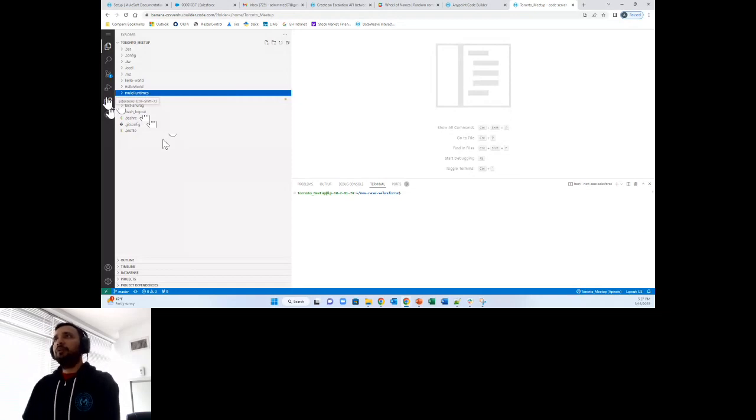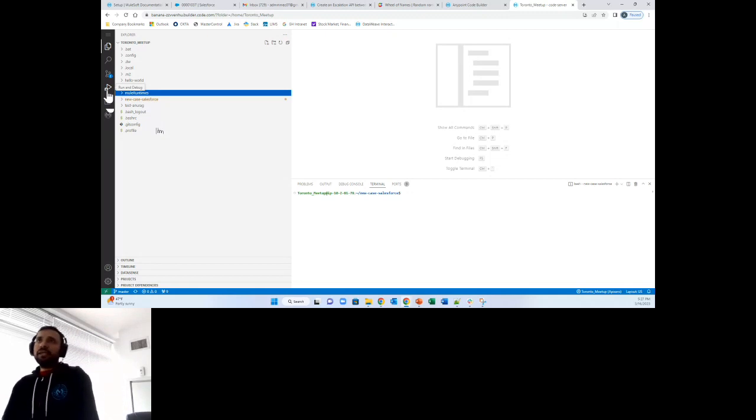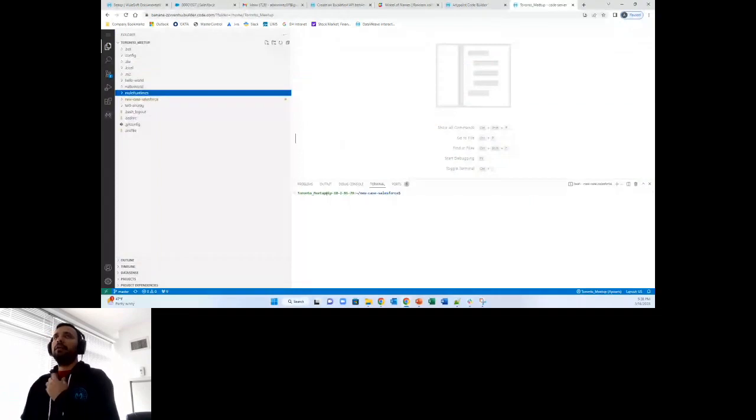In that use case, I have already added a Salesforce integration where, whenever a new case is added in Salesforce, on the basis of the status, whether it is escalated or not escalated,